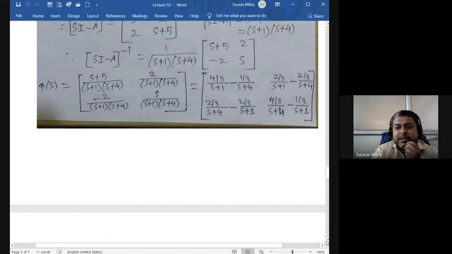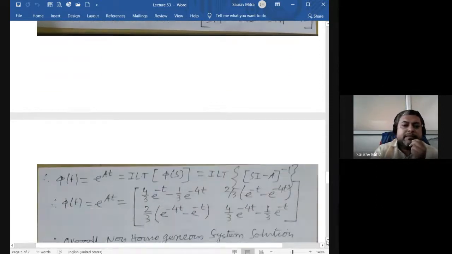So what is the inverse Laplace? 4 by 3 e raised to minus t. In the exam there is no time to think. Exam is all about execution. Whatever thing you want to learn, whatever you want to think about, you have to do that beforehand. Throughout the semester we have to do that. During the exam you cannot think, you just have to keep on executing, and keep on doing it fast.